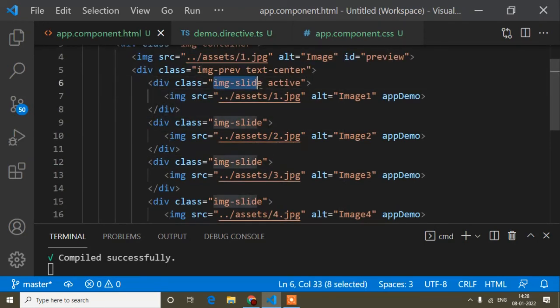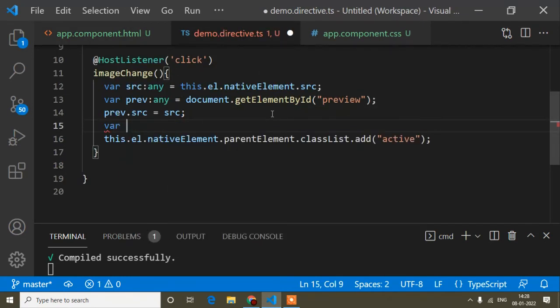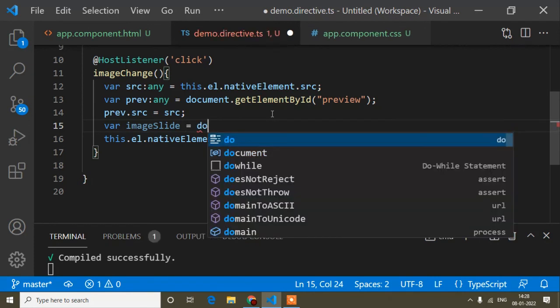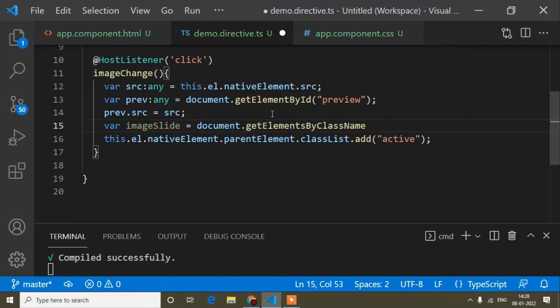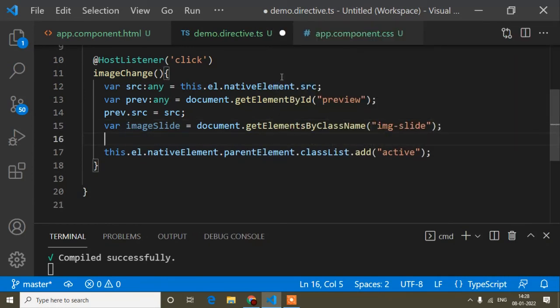So I will copy this class, and just here I will write var, and I will write the variable name is image slide equals to document dot get element by class name is this one, and here I will write the for loop. So let i equals to 0,